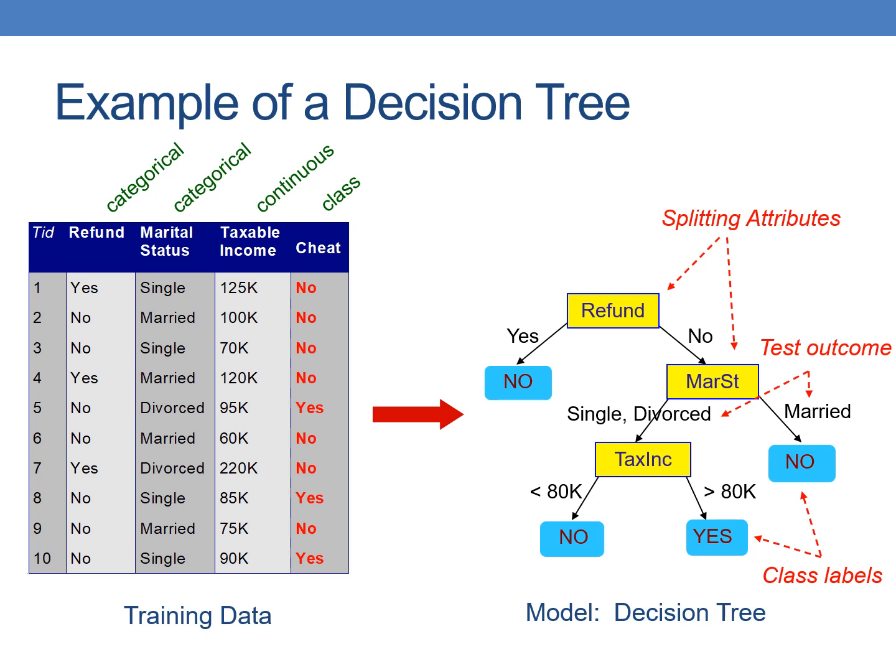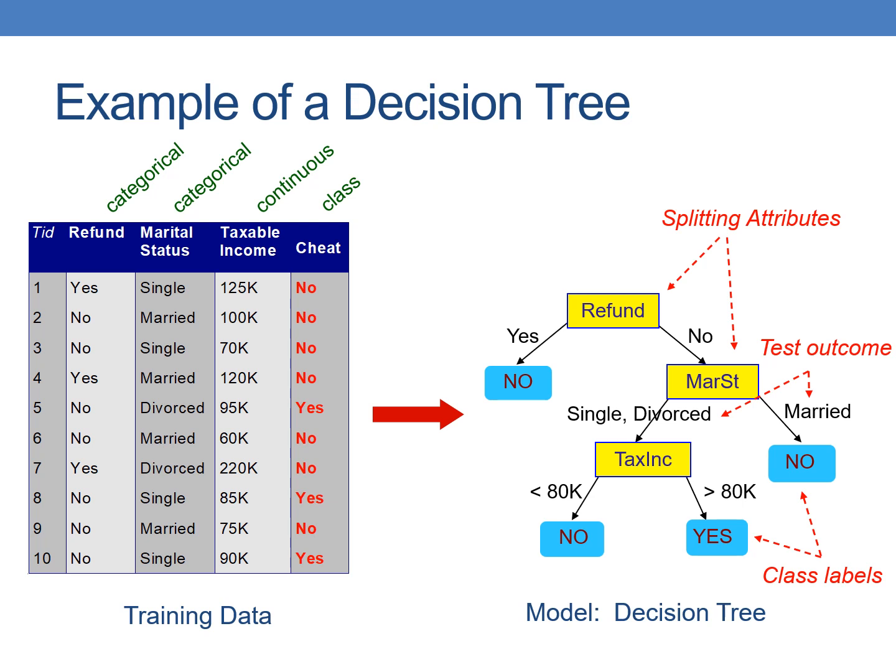Here is how exactly we make a decision tree model. Let us take refund as the basic attribute, the root node. Refund has two choices, right? Yes or no. If the refund is yes, there is no need to go further because there is no cheating. If refund is no, we will go for the next attribute, that is marital status. Here we have three categories, right? Married, single, and divorced. But according to our convenience, we will take single and divorced as one group, and married as another. If he is a married fellow, then automatically there is no cheating according to this